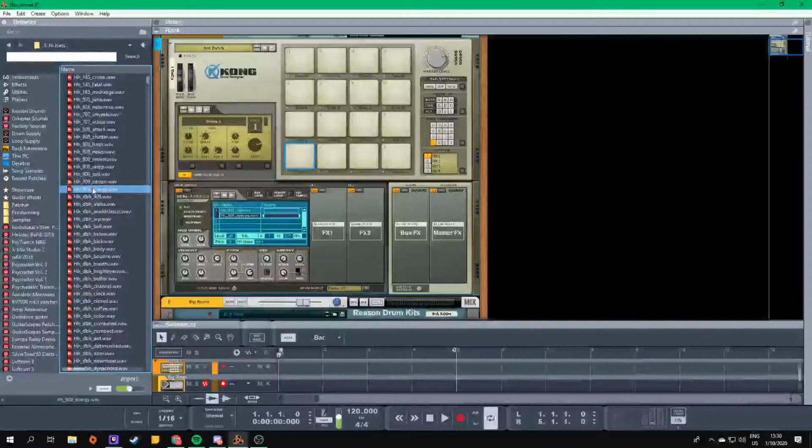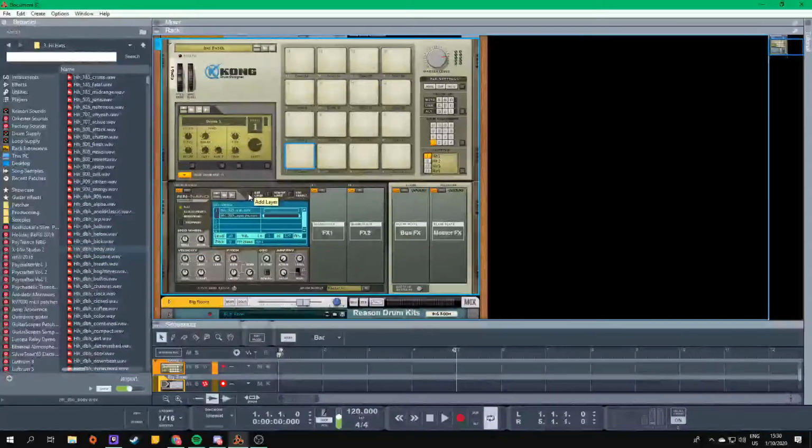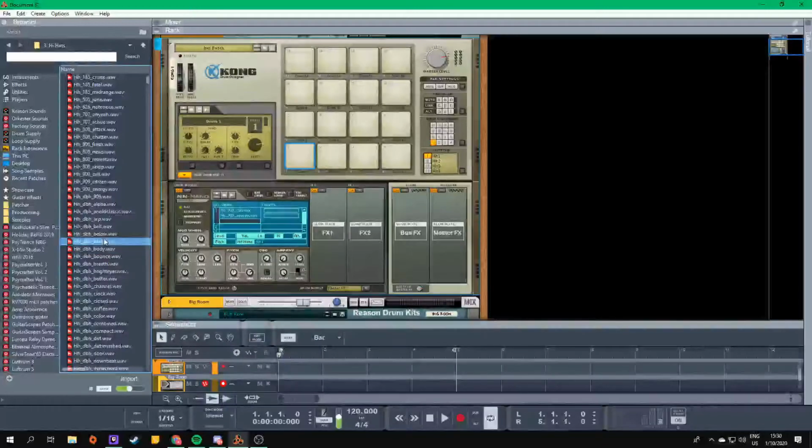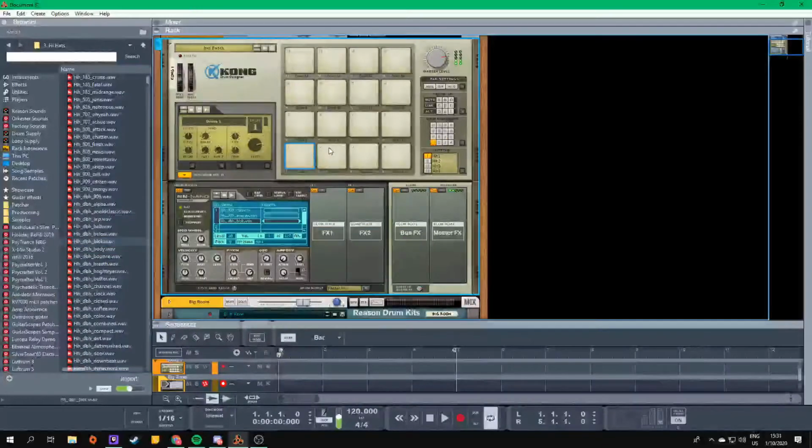Add another one, maybe a hit that is, let's say, more open than the first one. It doesn't really matter, it's just for demonstration. Add layer. Okay. Now we'll play all these 3 simultaneously, and maybe you want that, but